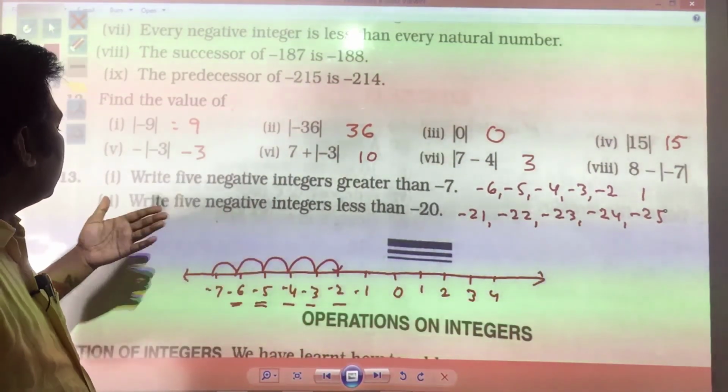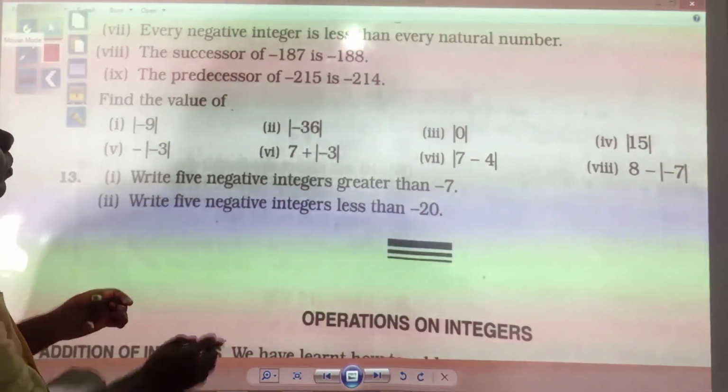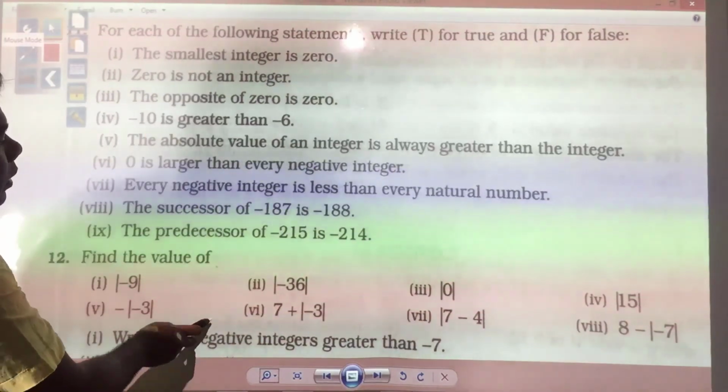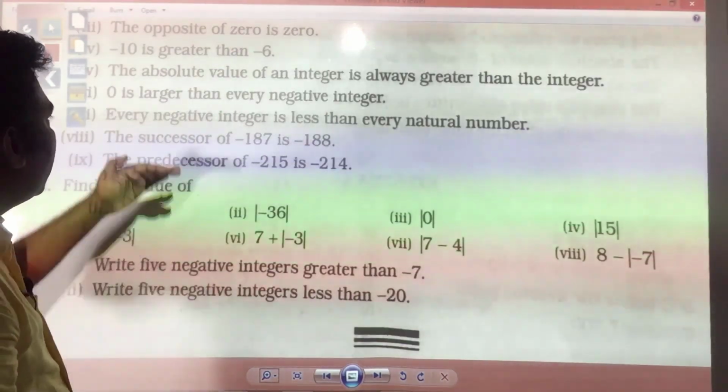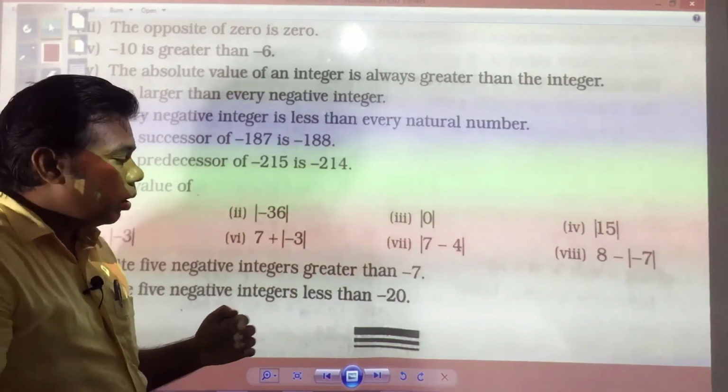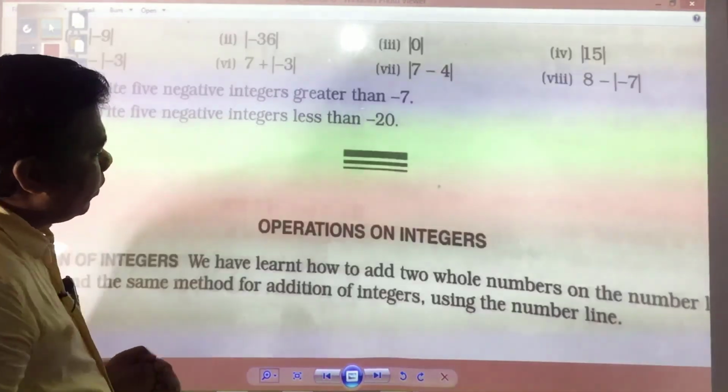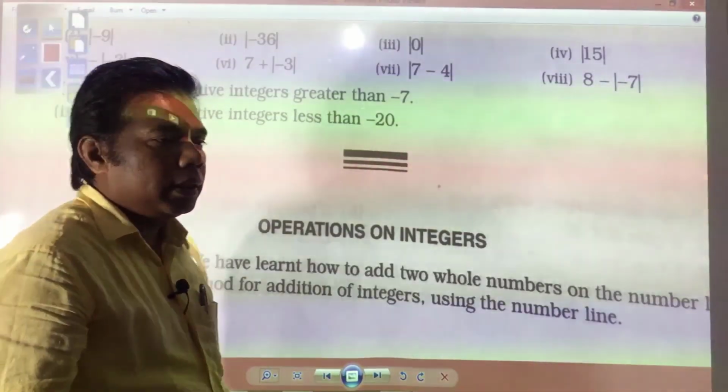So, in this way this exercise has been over, and I hope the few questions that were left, you must complete, and each and every question must be there in your notebook. And next day we will start operations on integers. Until then,